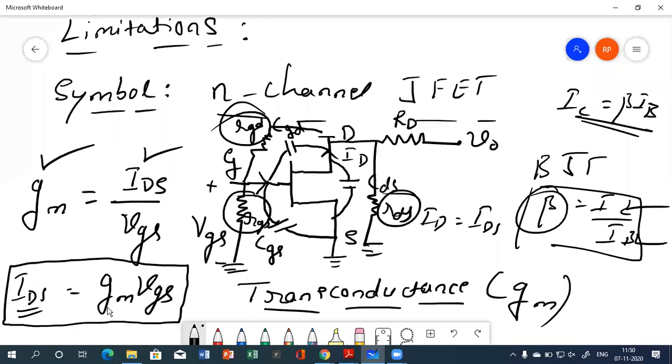Whereas GM is nothing but transconductance. So if you understand this, put yes. If you want me to repeat, I will repeat the same concept so that you understand the derivation, which I am going to show in the PDF. Okay, so only one or two students asked to repeat. Okay, I will just do this. With that, I am going to draw the equivalent circuit now. Okay, it's very simple. We'll move on to the next page now.